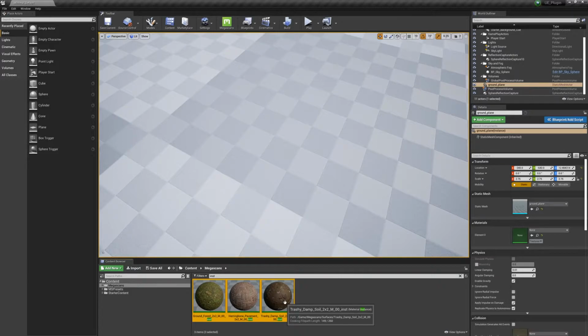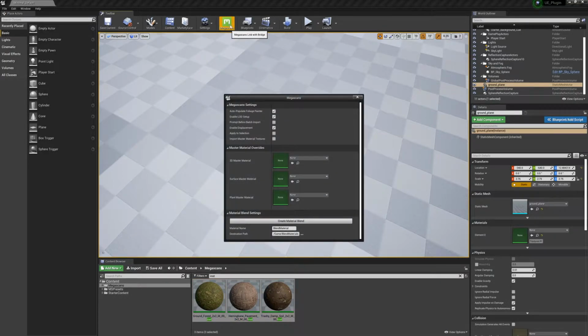With our material instances selected, we'll need to open the Megascans plugin panel by clicking on this icon right here. If we go down to the bottom of the panel, we'll see a couple of options for material blend. We'll want to go ahead and give our blend material a name, and we can also give it a custom path. However, in this case, I'm happy with the default location, so we'll leave that alone. Then all we need to do is simply click the Create Material Blend button, and the material has been generated